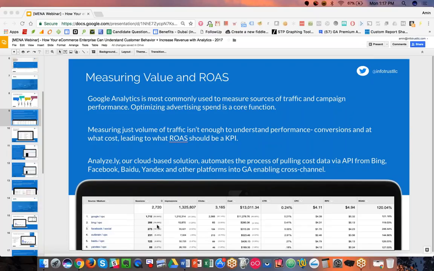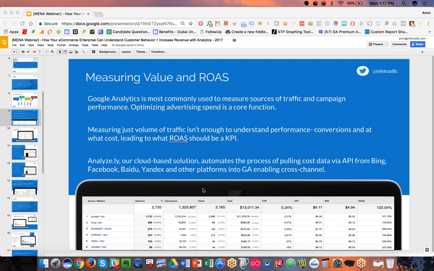What's important though is to bring in additional metrics, because in Google Analytics, you'll be able to not only see sessions, but also things like bounce rate or time on site, etc., even conversions or orders. If you have the tracking set up, you can see which channel is bringing in the most revenue or the most orders. But these systems, these advertising channels and campaigns also have metrics that might be useful to see side by side. Things like impressions, clicks, and cost.